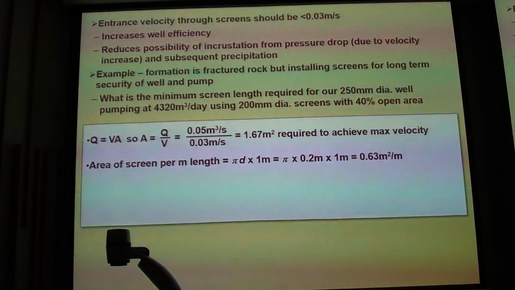So the area of screen per metre length is pi d times 1, in this case pi times 0.2, for 1 metre. So per metre of each length of our screen, if it was fully open and not slotted,